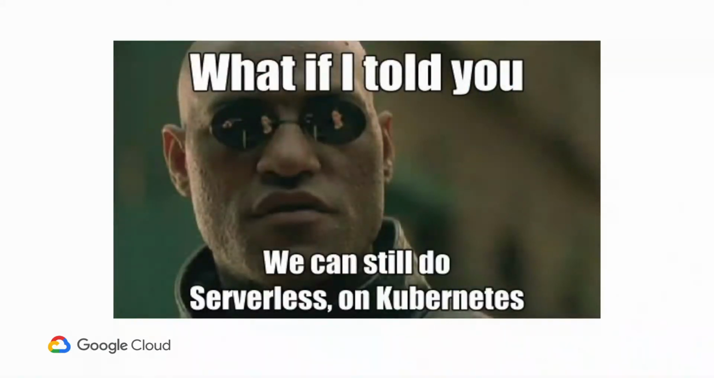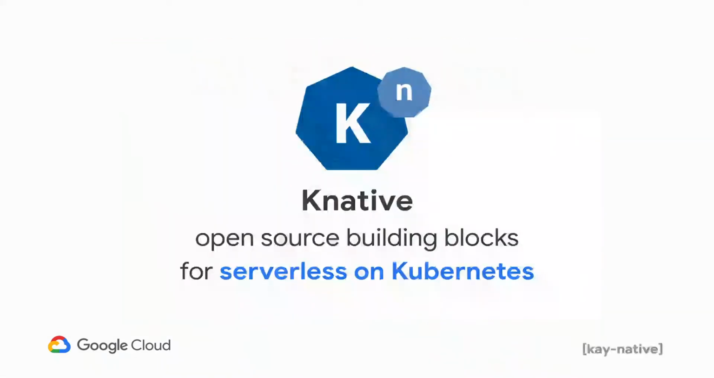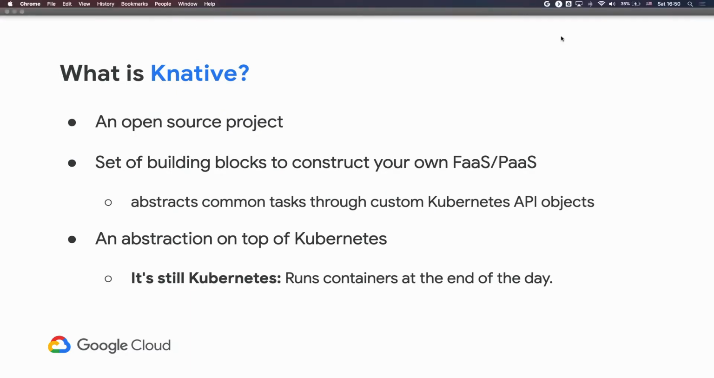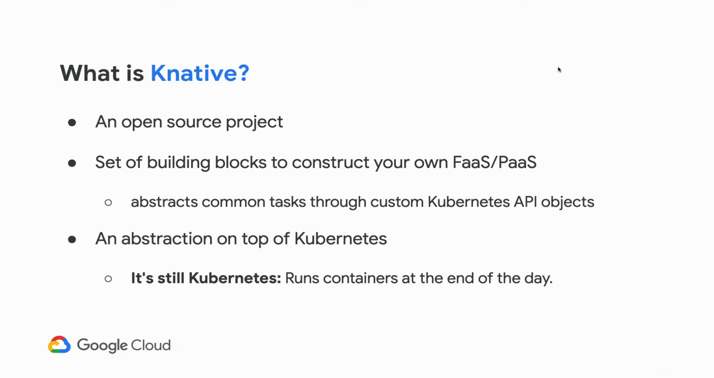So we can still do serverless while using Kubernetes. How? That's where Knative comes in. Knative is an open source project that we can use to build serverless platforms on top of Kubernetes. It gives you a set of building blocks to construct your own Google Cloud Functions or your own Lambda. Ultimately, it is still an abstraction on top of Kubernetes, because it builds all of these layers on top of